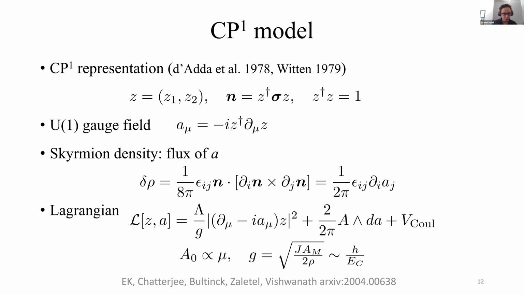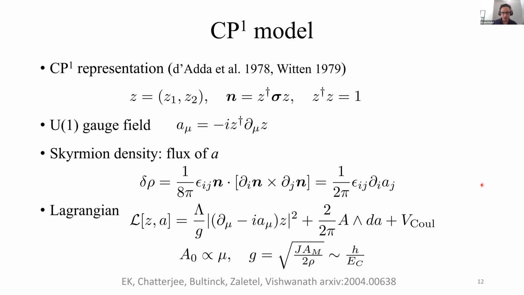I also introduced some momentum cutoff lambda that is related to the lattice scale physics. And I defined this coupling constant G, which is related to the antiferromagnetic coupling and the stiffness. Since this stiffness is controlled by the Coulomb scale, we can actually write this as a ratio of H over Coulomb. So crucially, the coupling of this new theory is 1 over the coupling of the old theory.